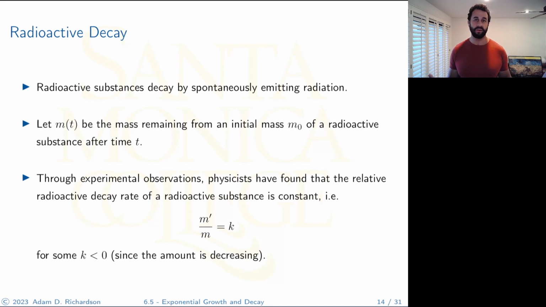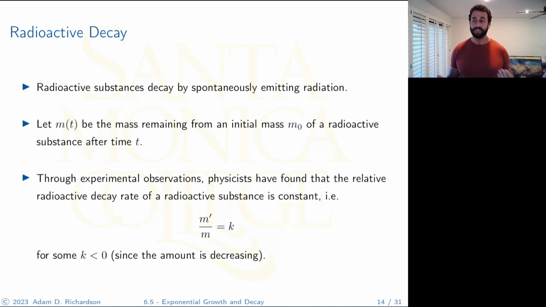So we can figure out a way to model how much stuff is left after a certain amount of time. So let's let m of t be the mass that remains from an initial mass, m sub 0, of a radioactive substance after time t. Now, it turns out that through experimental observations, physicists have realized that the relative radioactive decay rate is